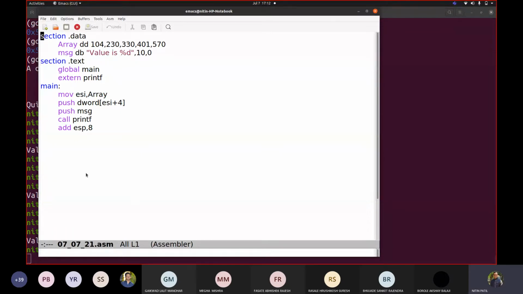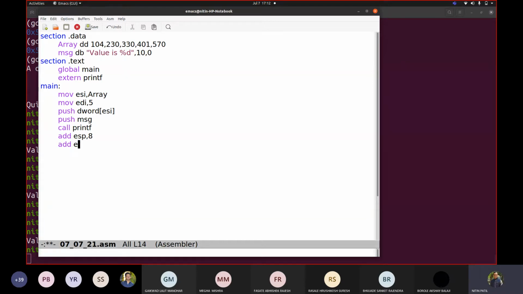But then again, ultimately what am I supposed to do here? Let us say I pick a counter, move ECX comma, okay, let us take EDI comma. I'm taking a register only. So we have 5 values, so we'll keep 5. Call printf, add esp comma 8.